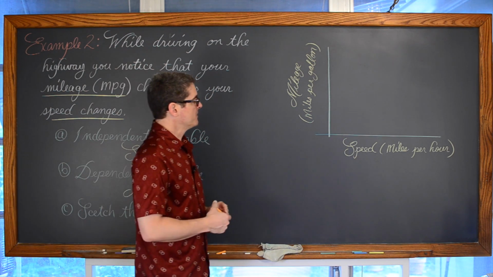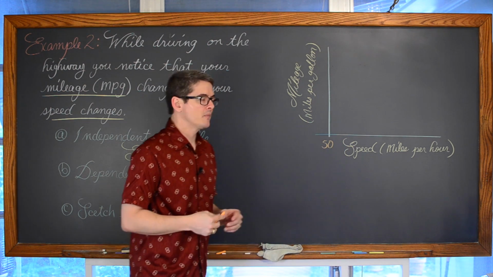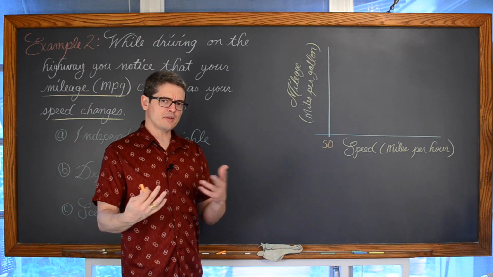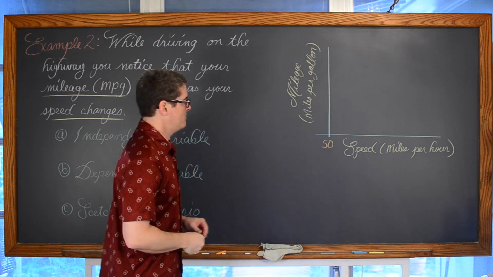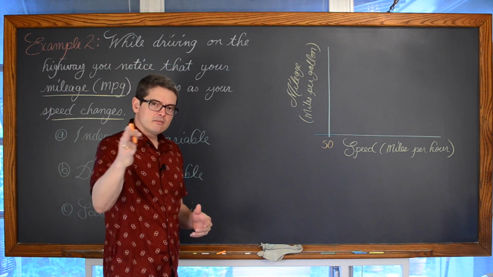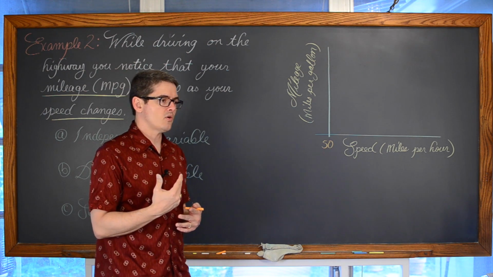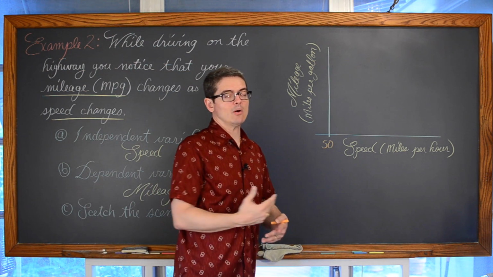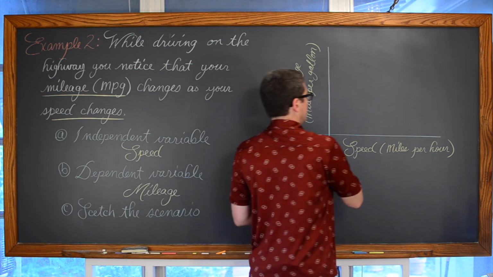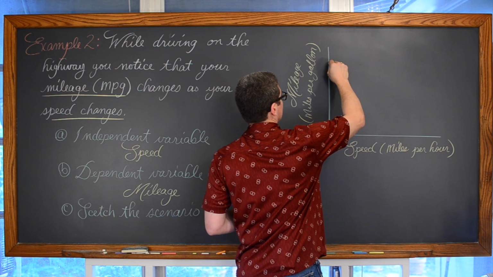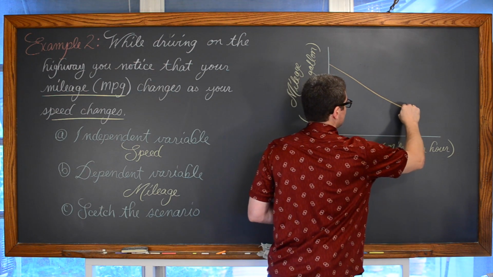So we're already going at a particular speed, let's say 50 miles per hour, and maybe you're thinking of an initial speed that's something different, but we are already in motion, and whatever that motion may be, that initial speed, again, thinking about riding a bike, the difference between how you feel trying to exert that energy to ride 10 miles an hour versus 25 miles an hour, it takes more energy to ride at a faster speed. So as your speed increases, I'm guessing that we probably have some kind of relationship where the mileage is decreasing.